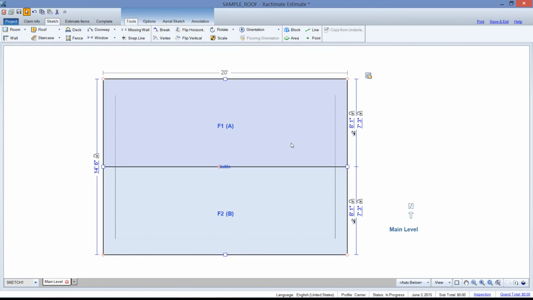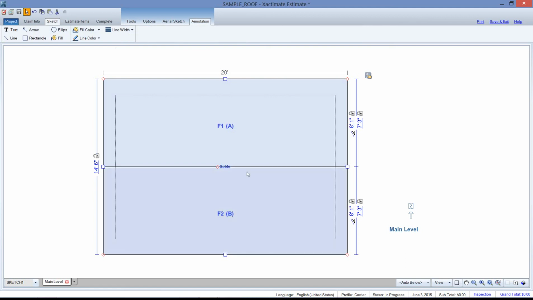This is a good place for me to talk about your dimensions being off from mine. So as long as you're within an inch of what I've got going on here, you're safe, you're golden. This is an estimating program. It is not CAD. It's not an architectural program. So in an estimating program, they're going to round up and down to the nearest inch, and that's why you might be off from me. If you're off more than an inch, it may be due to the fact that your pitch is not set up correctly or something like that. If you're having any issues, you can email me at